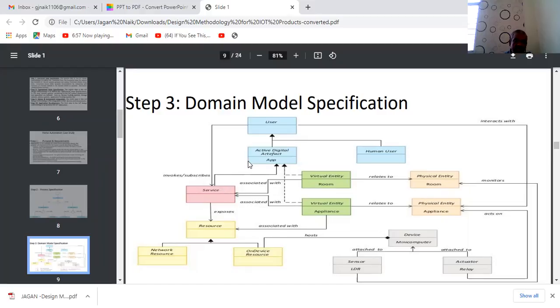We can say that devices are components. In terms of these, they are called simple objects now. Then among these objects we are going to provide some relationships.